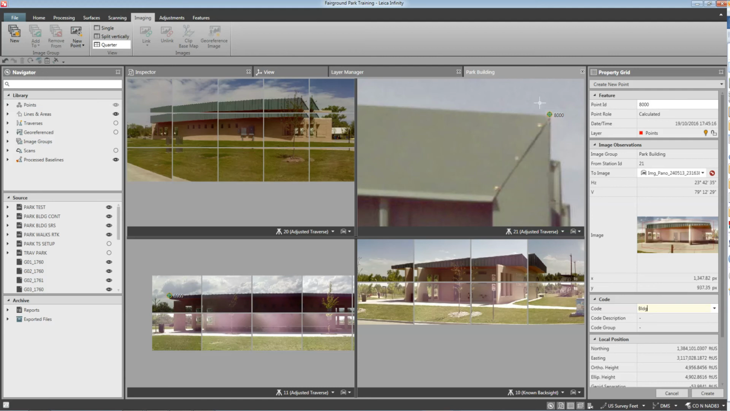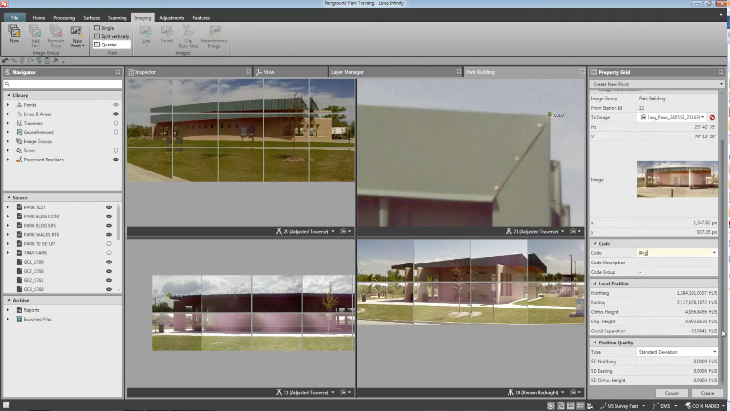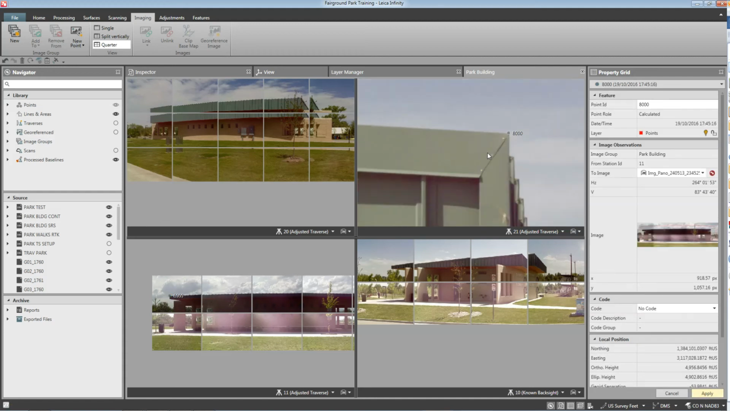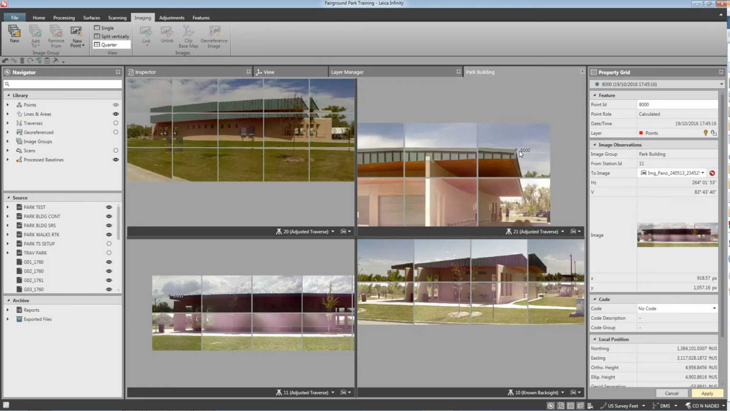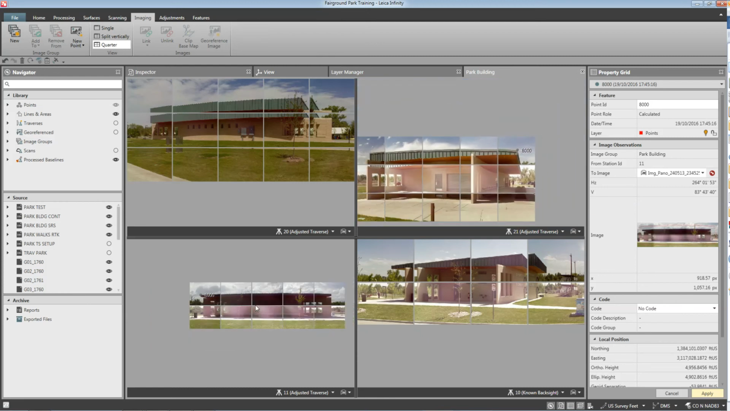If I get a green crosshair there, that means I'm within the accuracies that I've set, or tolerances. And as you can see here, I am extremely accurate on what we've gotten. So I will say create that point, and now I've created point 8000. I zoom my photo back out, and I create another new point,